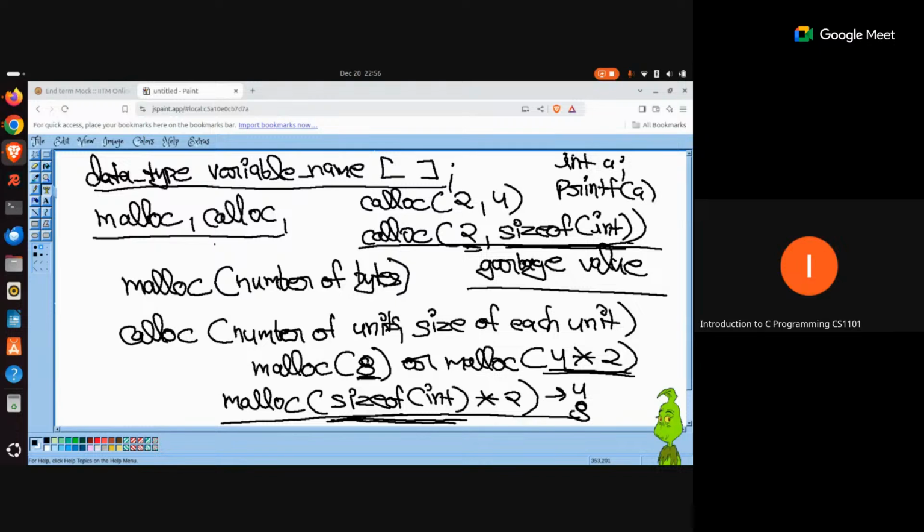But if you request that additional memory at runtime with the help of the calloc function, what it will do is, it will by default initialize all the memory blocks with the value of 0. So whenever you try to access those memory locations without actually initializing them, you won't get a garbage value. Instead, you will get the value 0 because calloc is initializing those explicitly for you. And that is the functional difference, the behavioral difference between malloc and the calloc function.